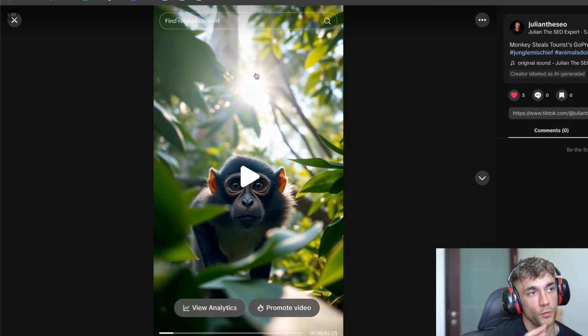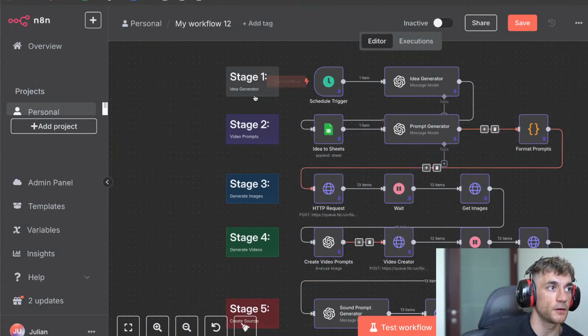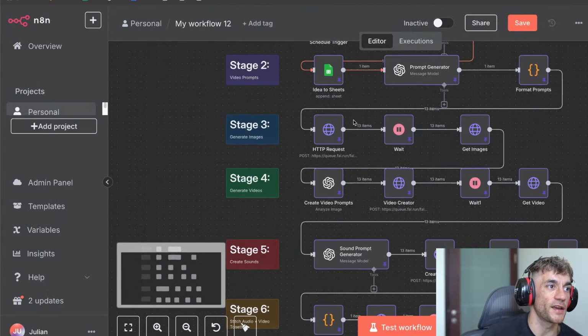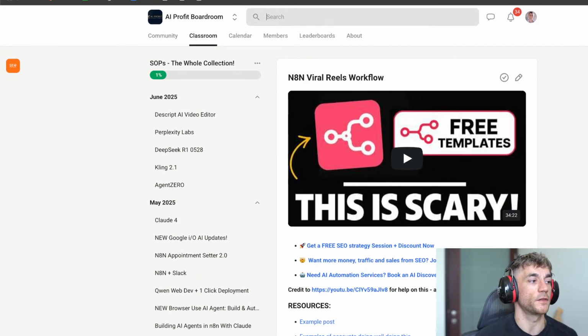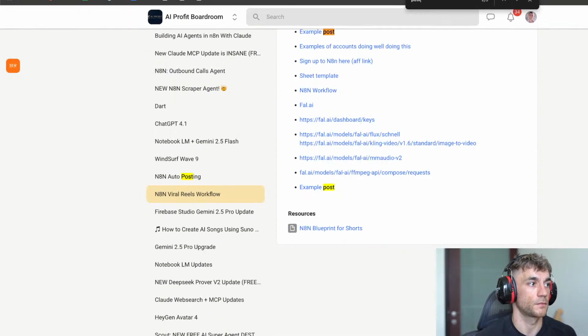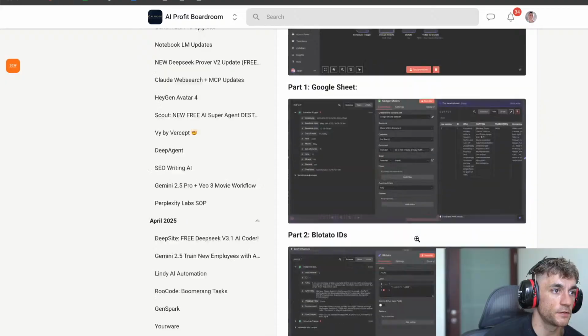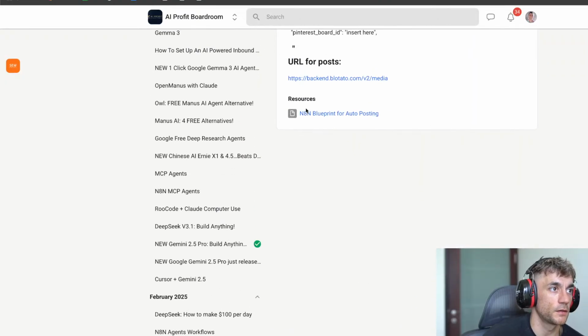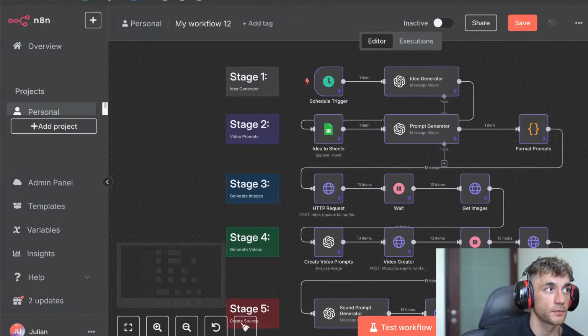So basically what's happening here is that we created the NA10 workflow, as you can see right here, that you can just import from the AI Profit Boardroom. And then we automated the posting with another workflow, this one right here. So if you want to automate posting with NA10 as well, you can grab this file,